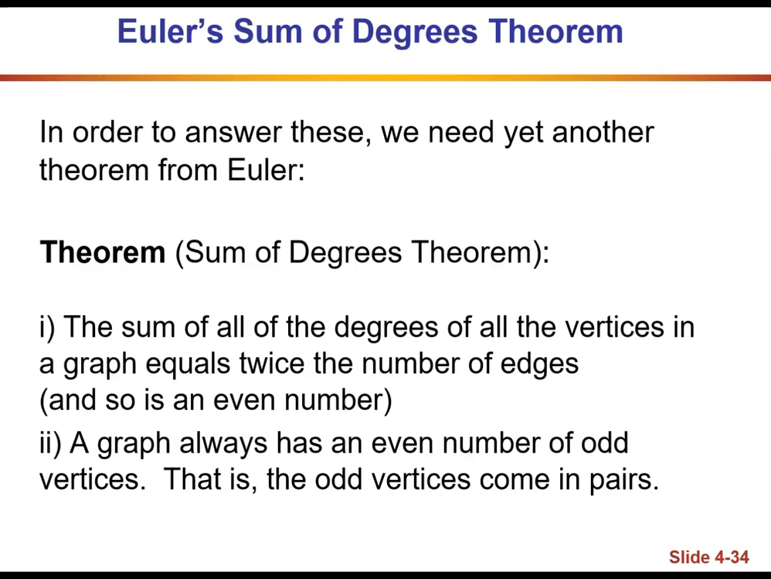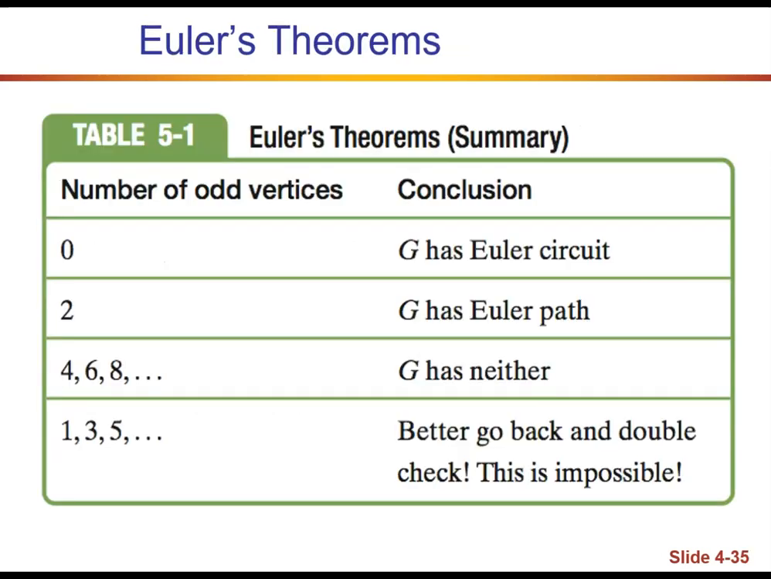The sum of the degrees of all the vertices in the graph equals twice the number of edges, and that's going to be an even number. A graph always has an even number of odd vertices. So what happens? If the number of odd vertices is 0,